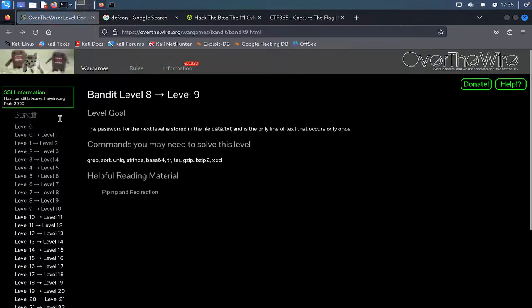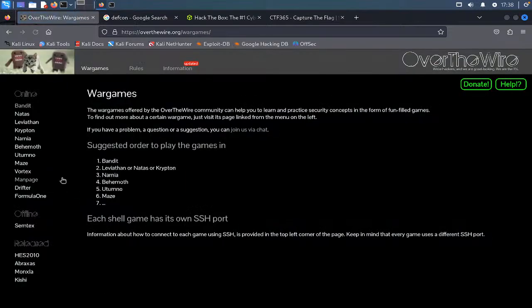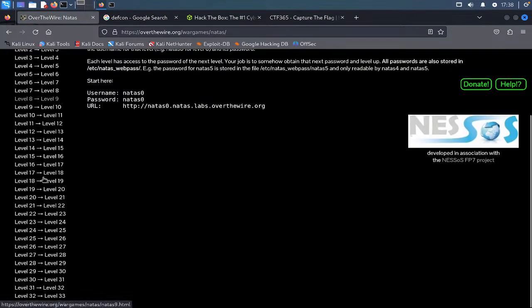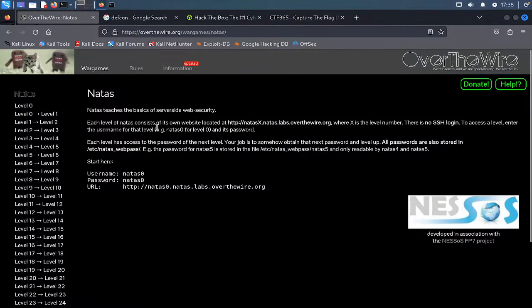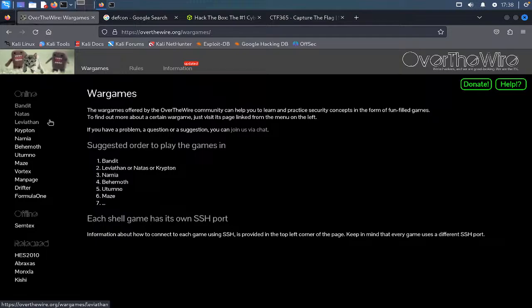Now once you complete Bandit, suppose if I just go to OverTheWire, here you are having different games. We are having Natas, so in Natas also you are going to have almost 34 levels, and this is a different game, this is not Bandit, right? Now you're having Leviathan, Krypton, Narnia, Behemoth, Maze, Vortex, Manpage, and so many different types of games.